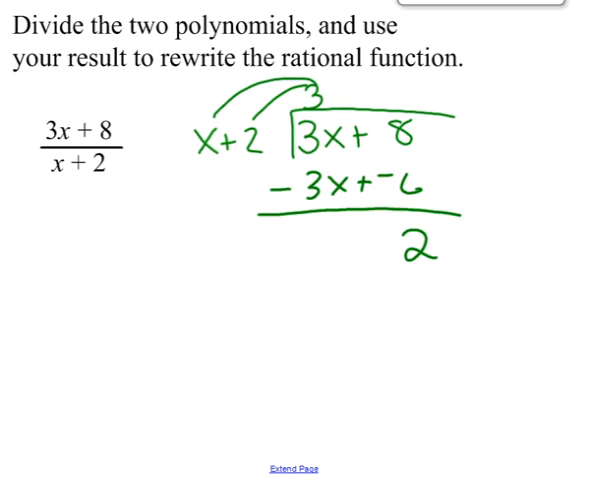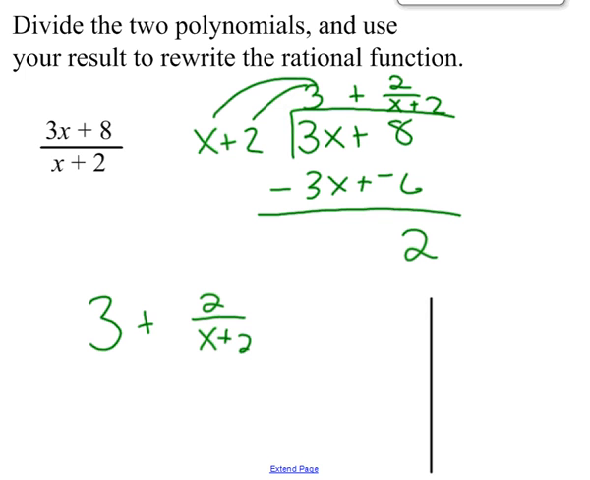Subtract, I get a remainder of 2. Remember how we write our remainder? As plus 2 over x plus 2. So my new equation is 3 plus 2 over x plus 2. So that tells me that my graph is that 3 in front, it doesn't matter that it's in front or behind, tells me that that graph has moved my horizontal